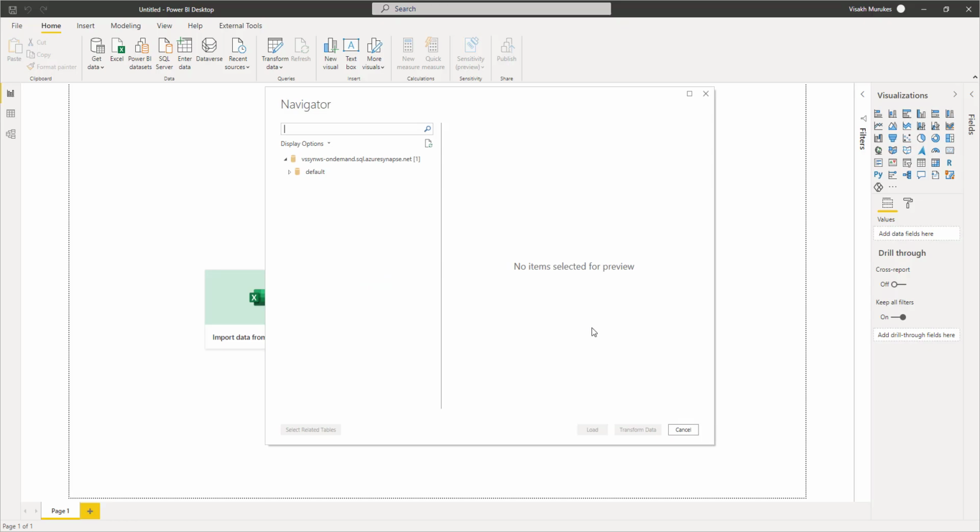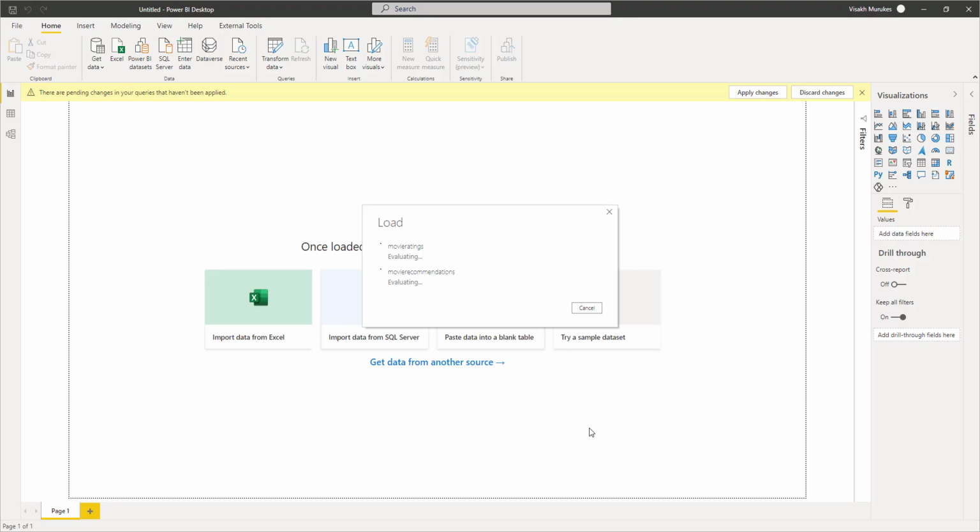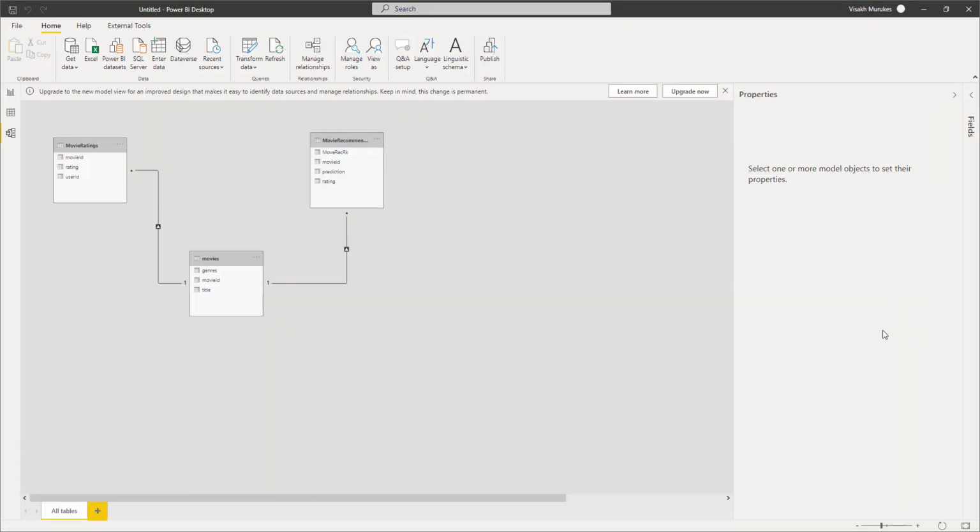Assuming you have already logged in into the Azure portal, you can use the same credential here also. Once the credential is entered, you can see the default SQL pool which is under your Azure Synapse Analytics, and you can see the two tables under that which we have created using the Spark code. So we can select the two tables here and click on Load so as to add the two tables to the Power BI model. Now we can also add the reference data for this, which is the movie data, directly onto our Power BI model from an Excel sheet.